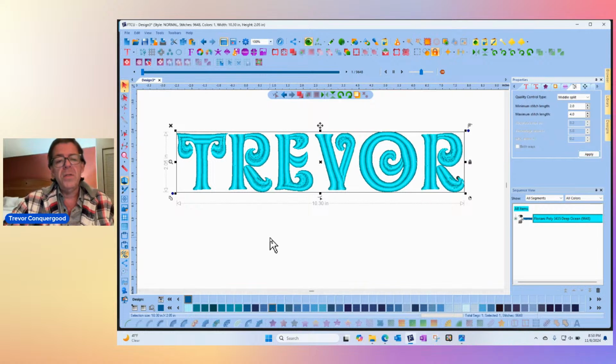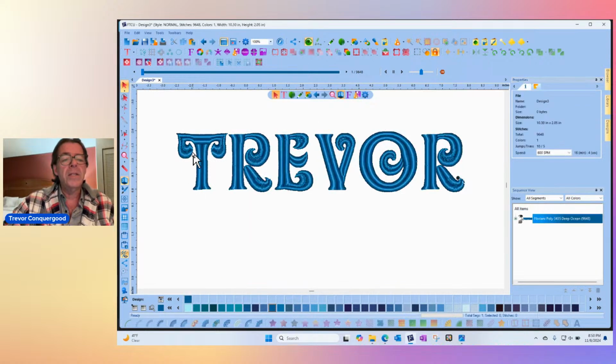Yeah, so that's how you can use it bigger, you guys. Here I'm showing it at 2 inches tall, but at this point I could probably make it bigger yet, as long as you don't get it too long. If you're getting to the size where even with a middle split your satins are too long,